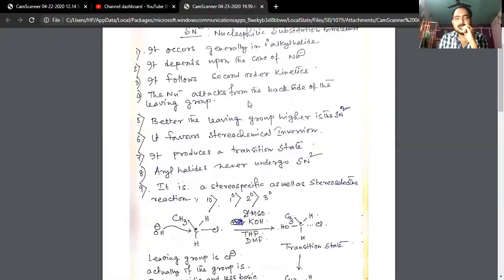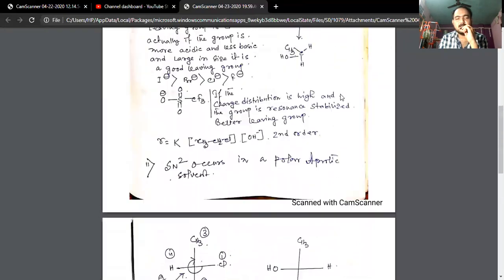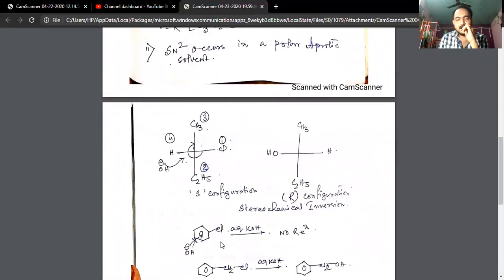the nucleophile attacks from the back side of the leaving group. Now you see here, if it undergoes SN2, the OH minus should attack this carbon atom from the back side. But you can see here, there is a large cage-like structure, the phenyl ring, present. So the OH minus cannot directly approach the chlorine atom due to the structure. That's why it cannot replace the Cl atom. That's why aryl halides never undergo SN2. You should remember these points, very, very important.